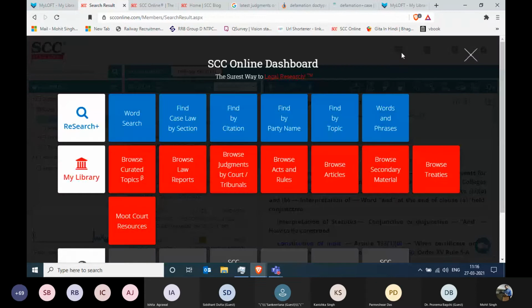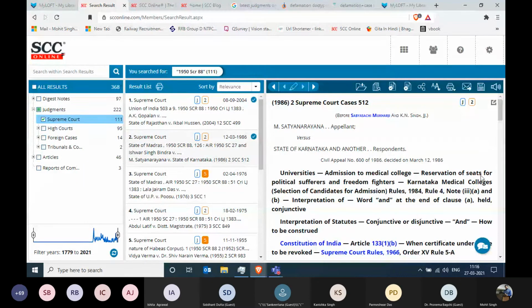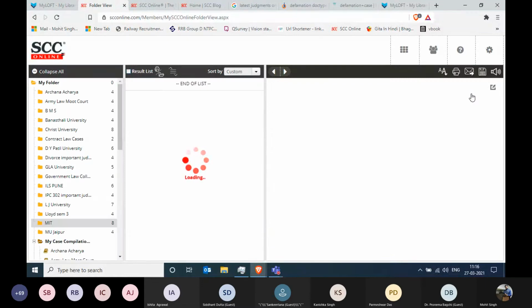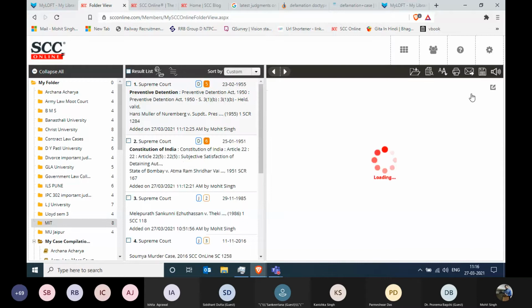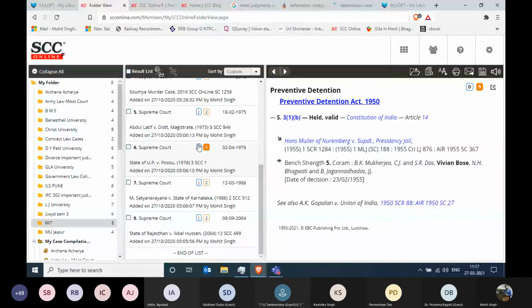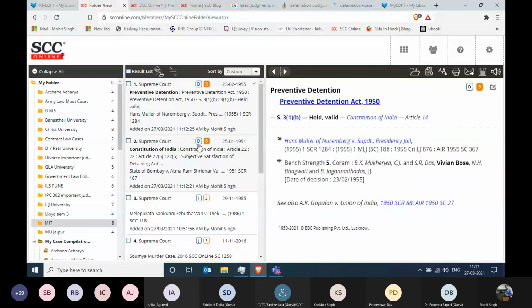Not only that, if you go to any other tile or any other research, you can still click on that option and click on your folder. So you already know the idea. First of all, you need to save all the documents inside a folder, and then you can create the compendium. Now, in order to create the compendium, you click on this icon, that is my client session icon, my folder icon, and view folders. In the view folders, all the folders which have been created by you will appear with the documents. Currently I have saved 8 documents in the MIT folder, some of which are digest notes and some of which are judgments.